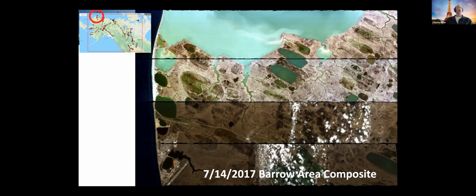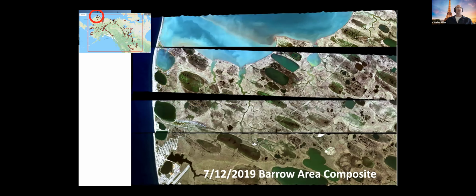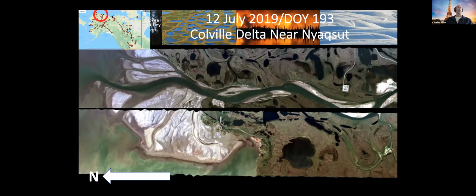But the next slide will show you what it looks like in 2019. And so we've gone back several times to make this same set of acquisitions. We get different colors in the water, as you can see, and different periods of vegetation growth. Next, please. We've also looked at a portion of the Colville Delta. And so here's what those lines look for. We were actually making measurements of Nuiqsut and some of the sites that people had down there for vegetation, but continued the lines out to capture this part of the Delta, and could obviously go further out into the coastal oceans if that were desired. Next, please, Peter.